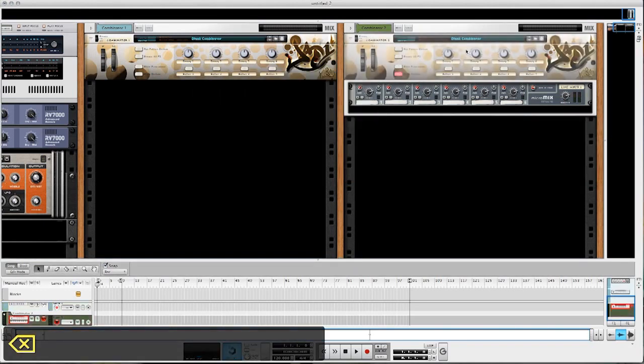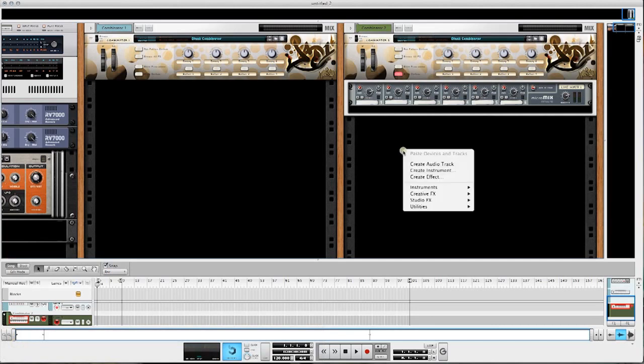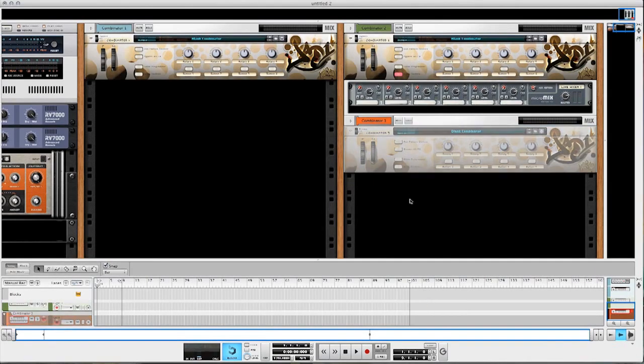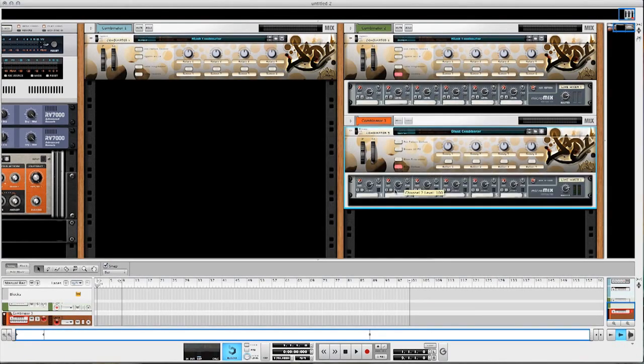you can see this is what I pulled up before. So every time I start an instrument, create instrument, blank combinator, we're all set up. The artwork's here, the mixer's here. I can add whatever instrument I wanted to create, and all my prep work is kind of done. Now, in order to get to this MPC machine,